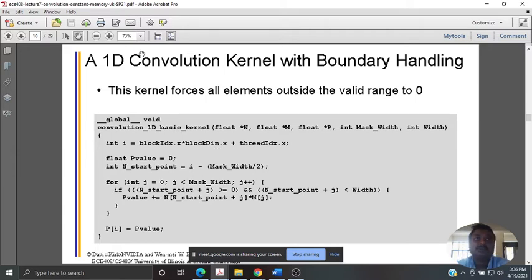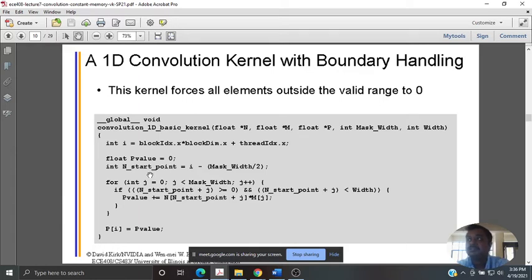It's only the x direction; y and z are treated as ones, or there are no elements present in the other dimensions. So for the starting point, indexing may exceed the available input points. As you have seen with respect to the radius, whenever you are computing the first element of the input array, you align the mask with the first element, and the two elements to the left are to be zeros.